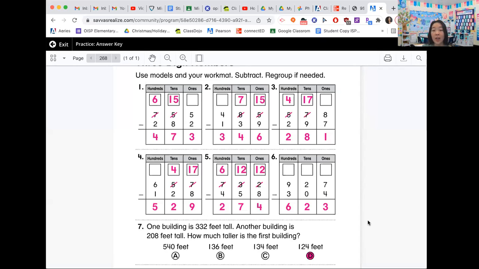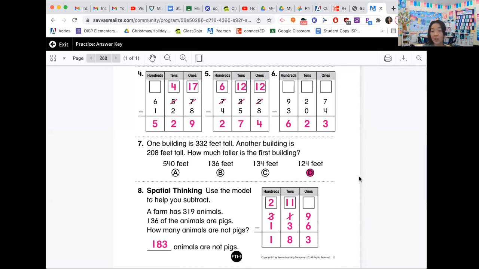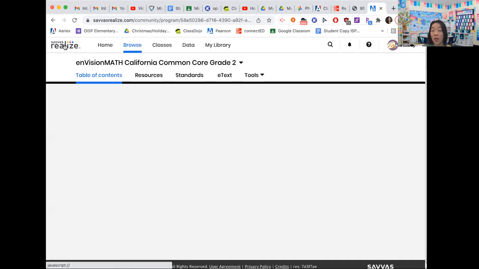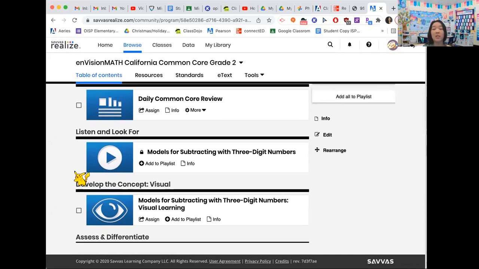Okay, guys, here are your answers for questions 1 through 4. I know we didn't get through 5, 6, 7, and 8, but there are your answers if you guys want to work on those asynchronously, okay? What we're gonna do now is we're gonna move on to our digital quick check. We're gonna do that together in class. So I want you guys to follow along. If you have a piece of paper, if you have your book in front of you guys, if you have a whiteboard, go ahead and do that.